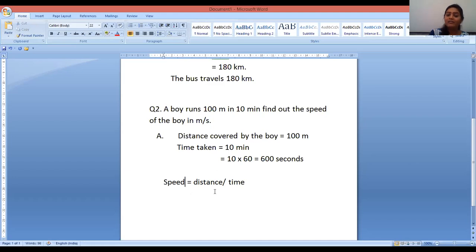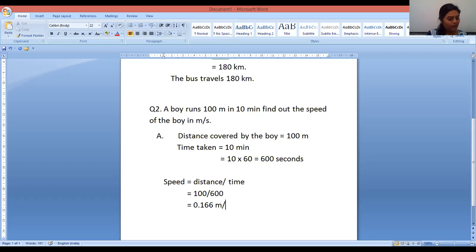Now we have the value of time in seconds as well, so it becomes easier for us. Here I will take distance, 100, divided by time, as my formula is distance upon time. So 100 divided by 600. When I further solve it, the answer that I would get over here is 0.166